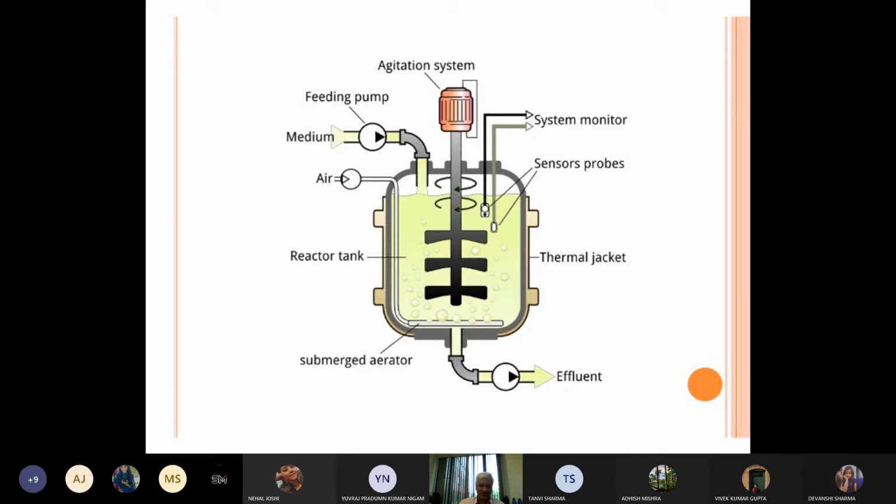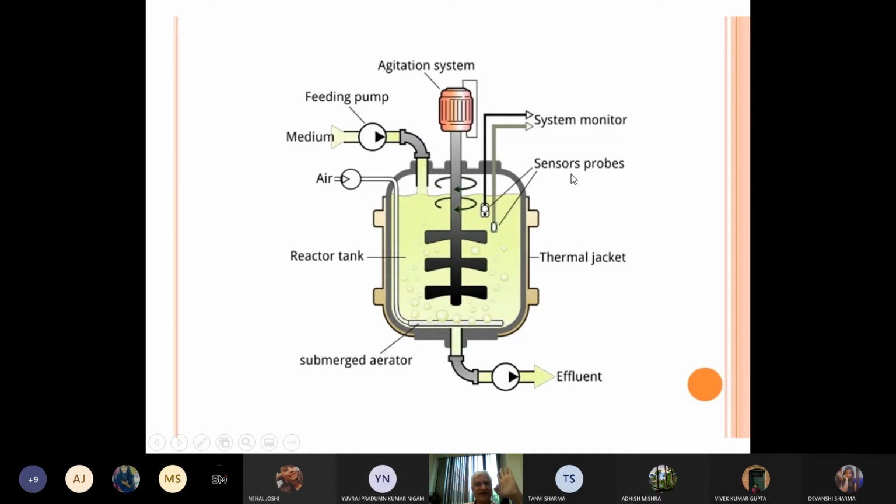Sorry. I was talking about the fundamental nutrient content. Fermentation is a very expensive phenomenon because, as I told you, it's the crux of any biological product. A lot of our investment is here, correct? So we would like to see that the carbon and nitrogen are monitored. So what does this sensor do?